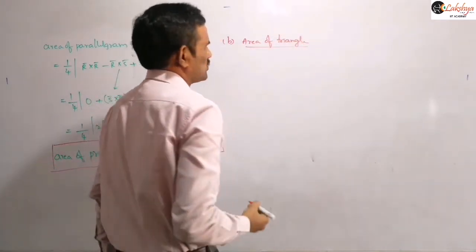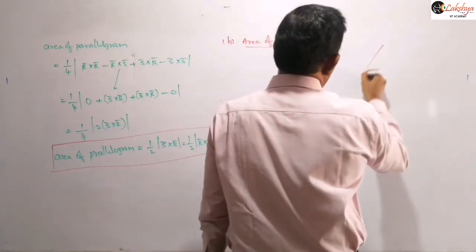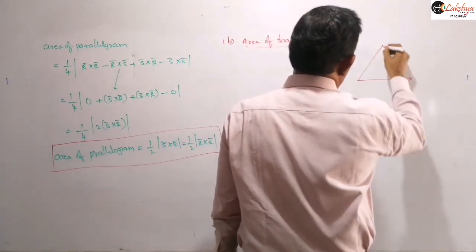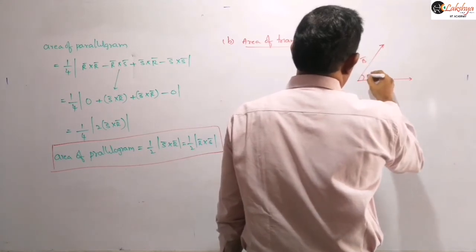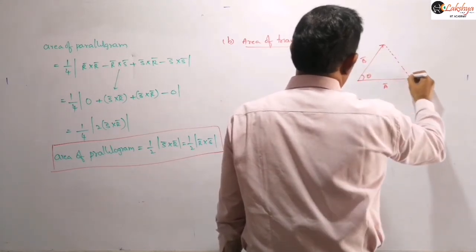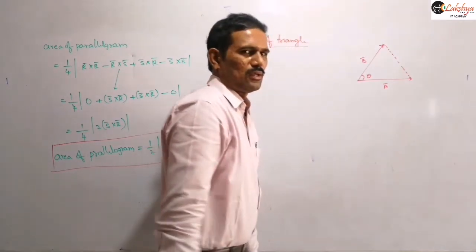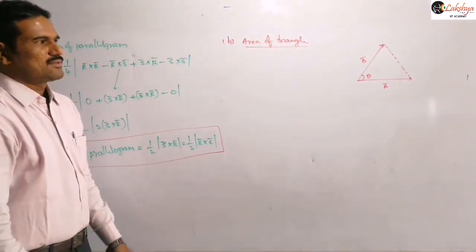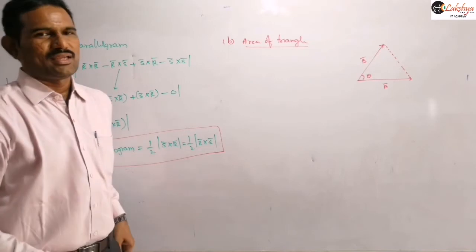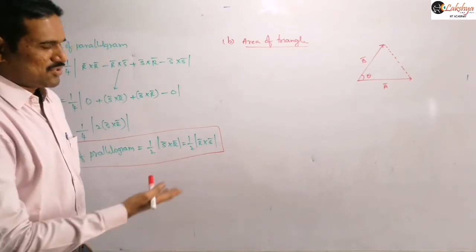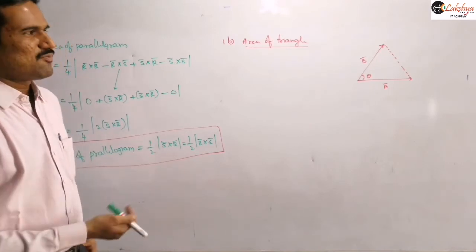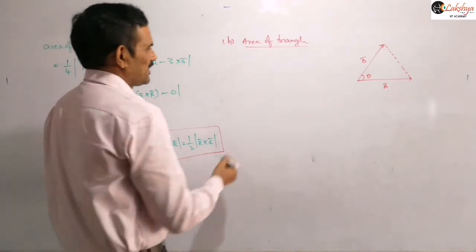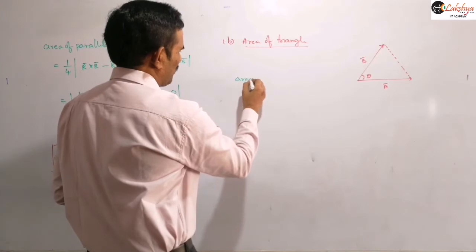That means if two sides of a triangle are known to us, this is A bar and B bar, a triangle is formed like this. Then let us write the area of the triangle. Actually you can write directly by using our previous parallelogram law concept, or let us follow our procedure here. That means area of triangle I am writing by using our mathematics.